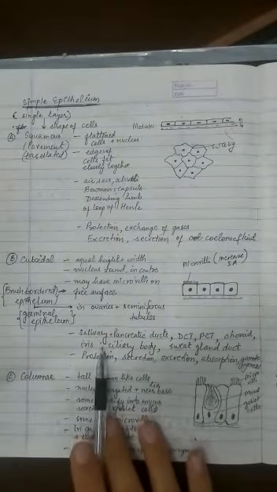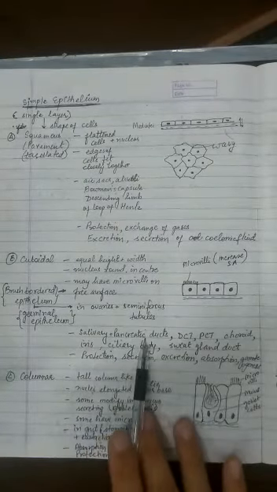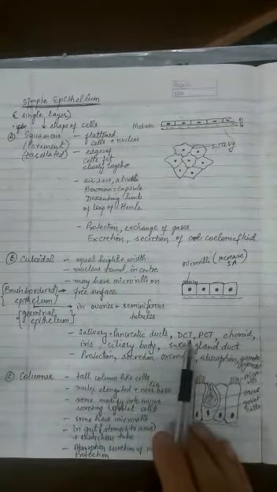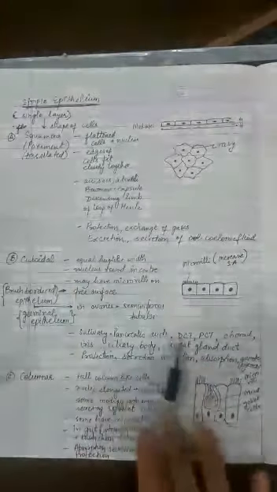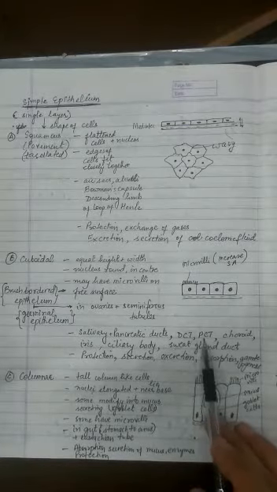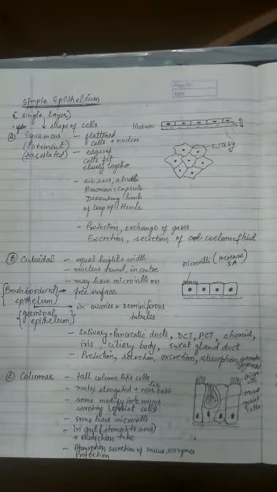They are also present in the salivary ducts, pancreatic ducts, DCT. DCT is the distal convoluted tubule, again a similar type of structure which is found in the nephron. PCT is the proximal convoluted tubule. These are the structures which you have covered already in the 10th class in the life processes topic.